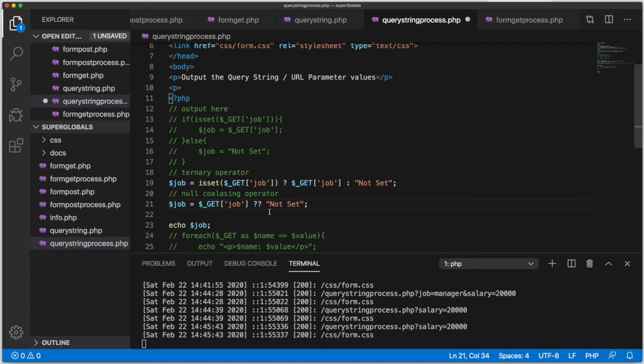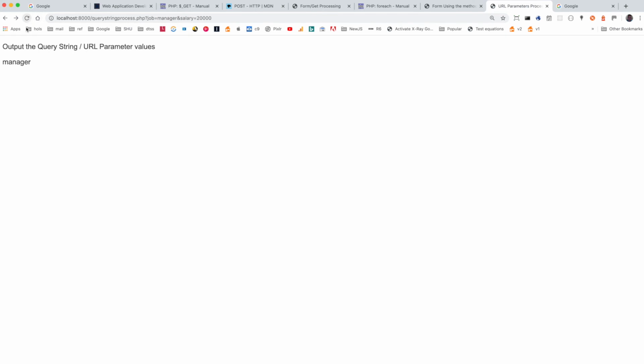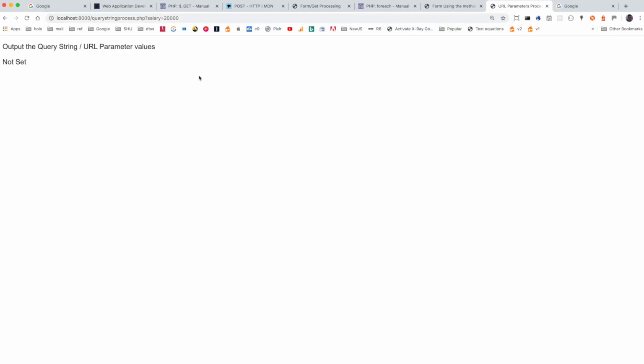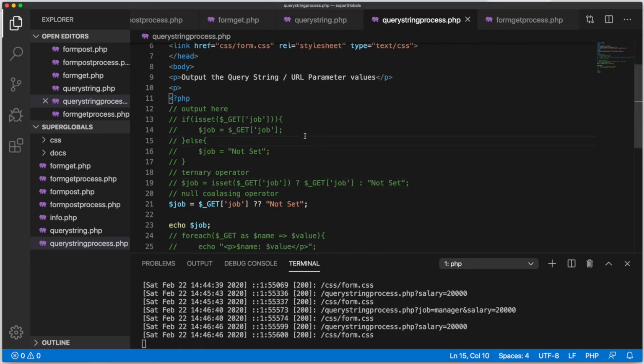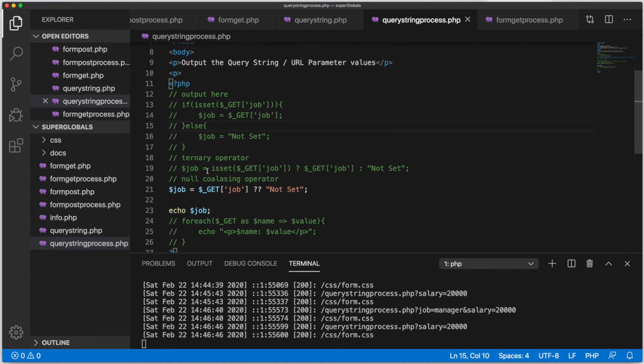So basically this does an isset and sets it to the current value for us. So let's get rid of that one, save it, try it, see it's still working fine. If job wasn't set, then we get "not set". Okay, so it's a good idea to do this kind of thing, and also